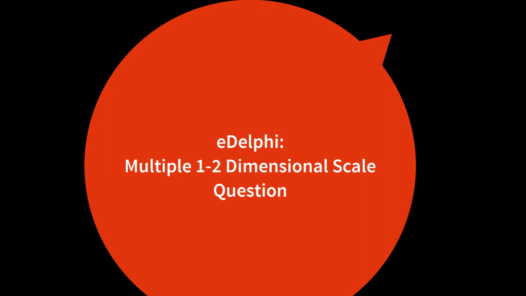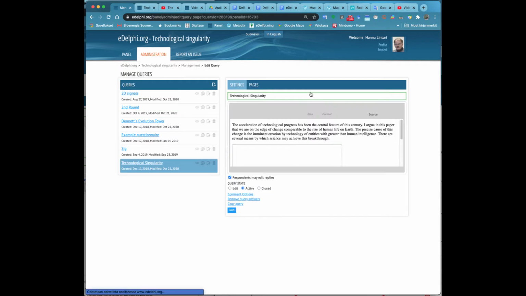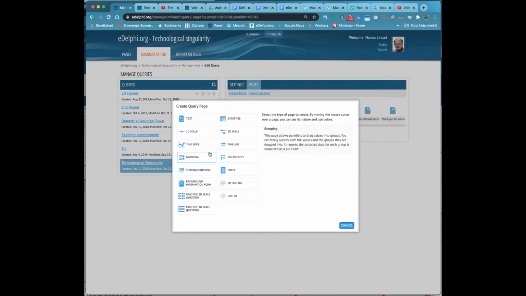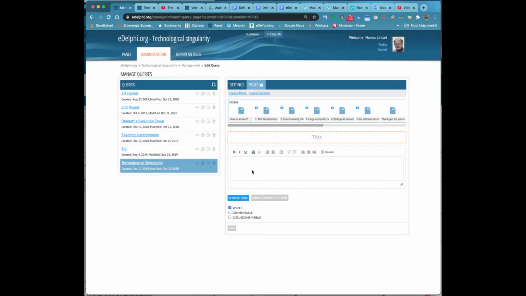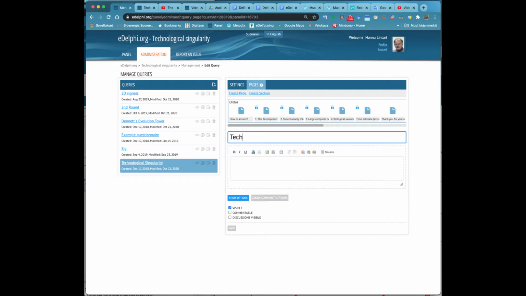Multiple two-dimensional scale question. Open the Pages tab of your query and click on Create Page. Now you will see the query page menu in front of you. By moving the cursor over the page, you can see the nature and use of each query type on the